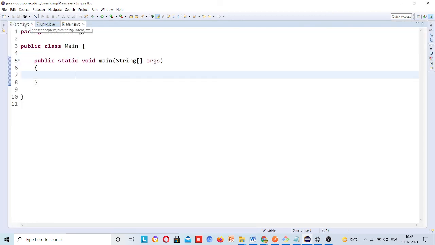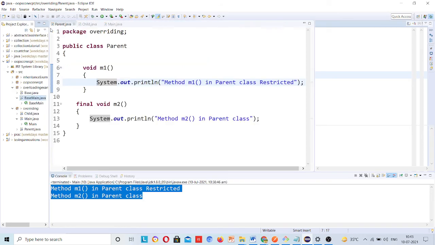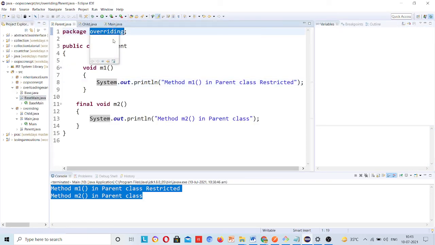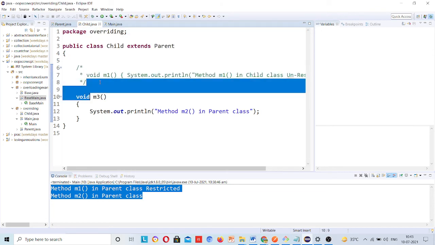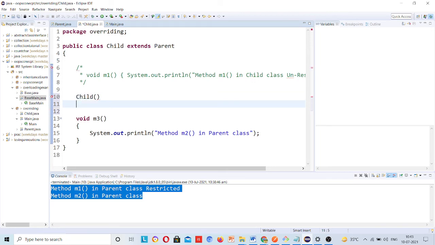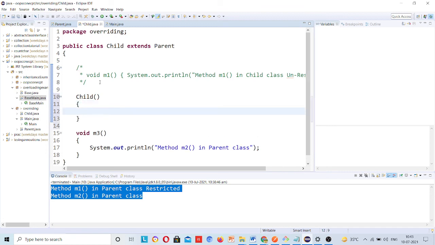In the Saturday session I told you that every class has a default constructor, whether you write it or not, and this code is present inside the class.